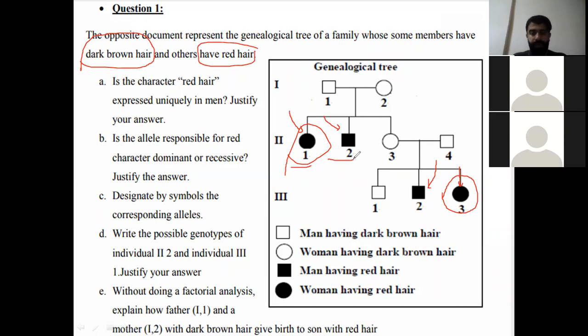It's recessive since, yes. First of all, before you answer, 1, 1 and 1, 2, what do they have? Since 1, 1 and 1, 2 have normal, no, wait a minute. No, not normal, Muhammad. They have dark brown hair. Very good. But